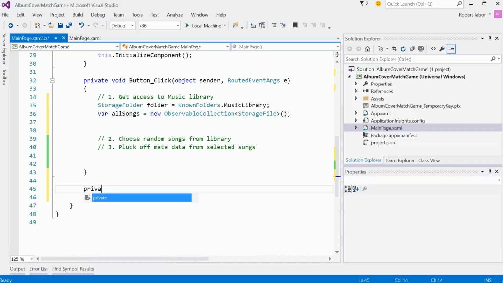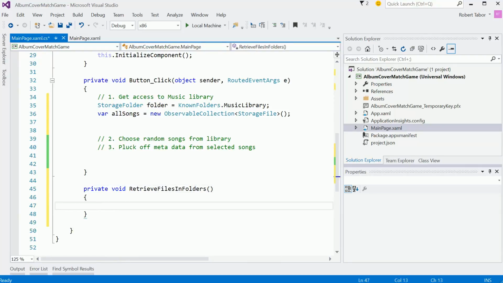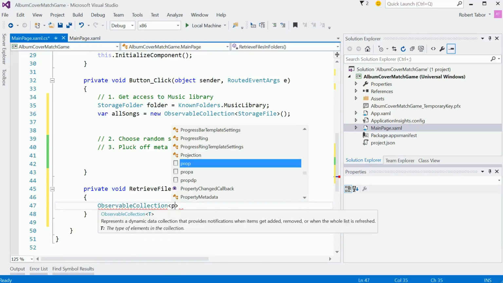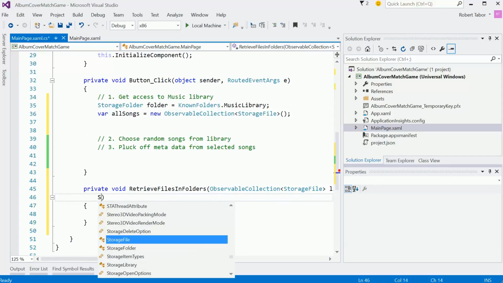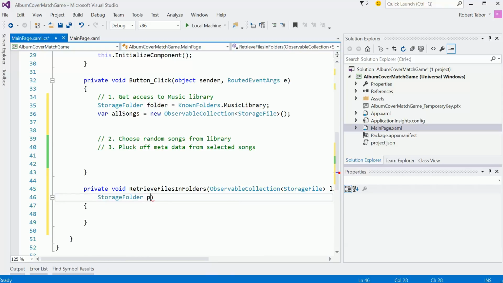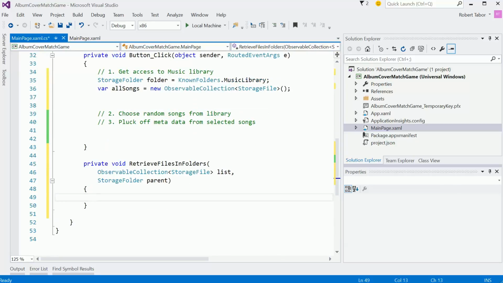So I'm going to create a private void retrieve files in folders, something like that. And I'm going to pass in an observable collection of storage file. And I realize I typed this in the wrong spot. And we'll just call this the list. And then I'm also going to pass in the storage folder called parent. This will be the top level storage folder. So in this case, for us, it'll be that known